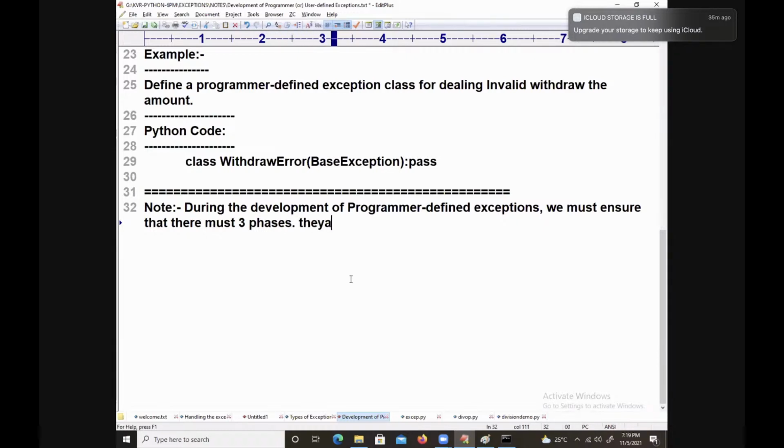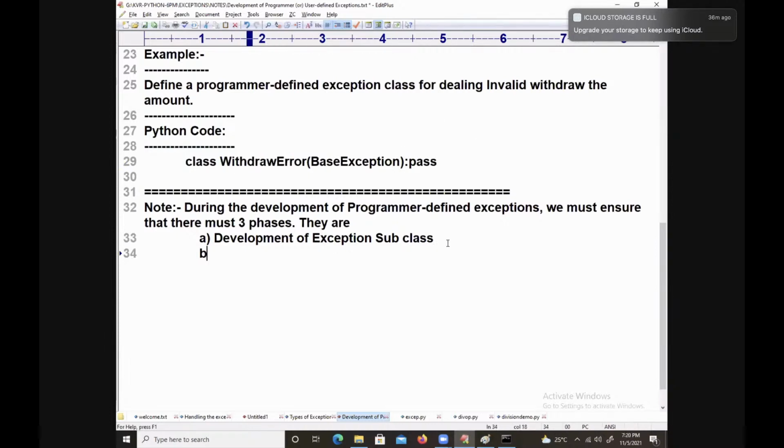They are: A, development of the exception subclass. That is nothing but the withdraw class, called the exception subclass.